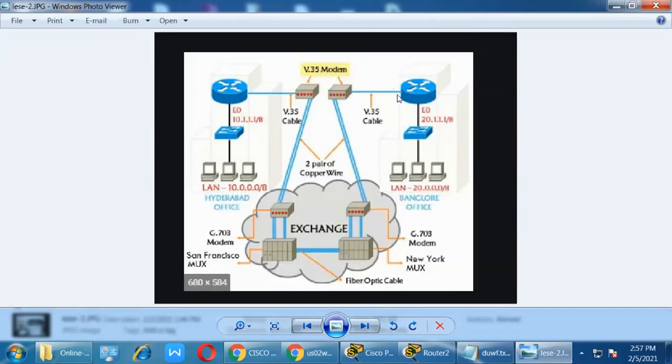What is a DCE, DTE? I already told you, the DCE generates the clock rate and the DTE accepts it. Here is the 18 pin connector, and there the 26 or 60 pin connector. On the modem side the DCE cable is connected because it generates the clock rate. Technically, what sends the signal over long distance is the DCE clock rate. That is the mechanism, if you understand.